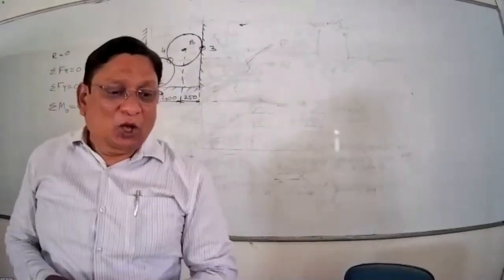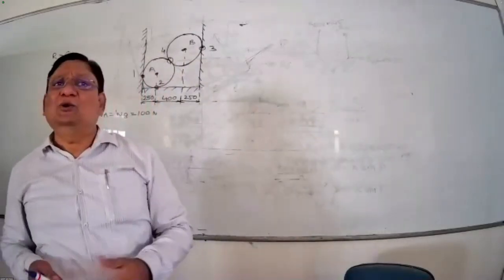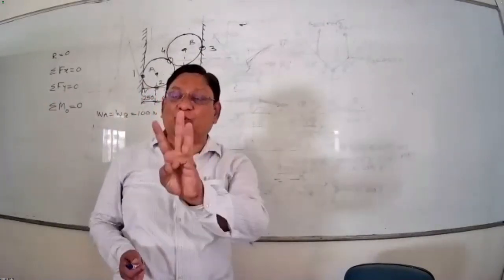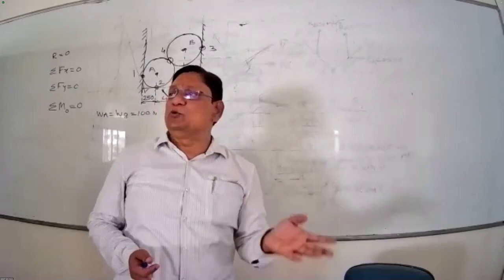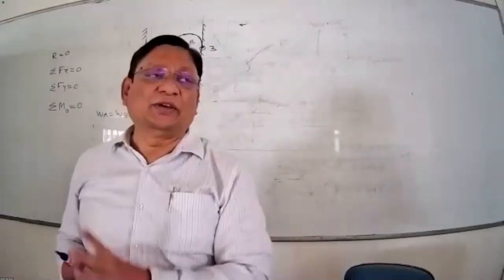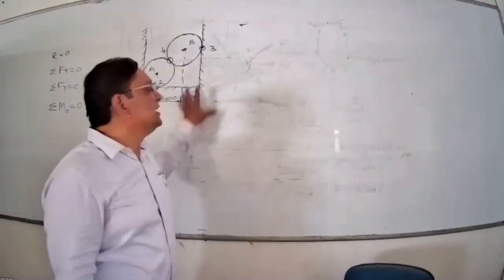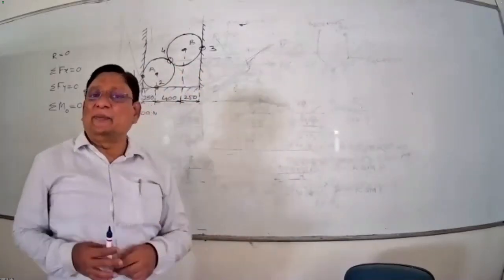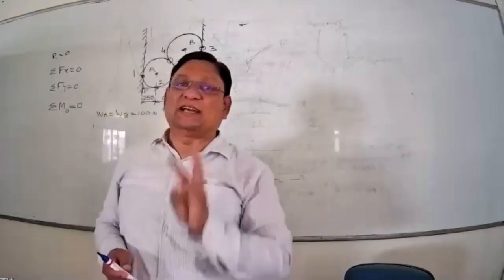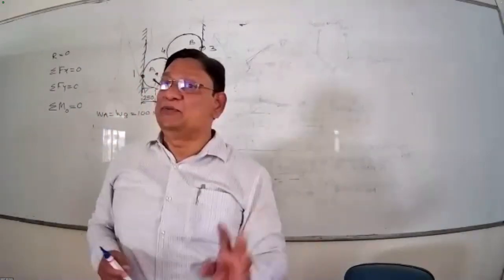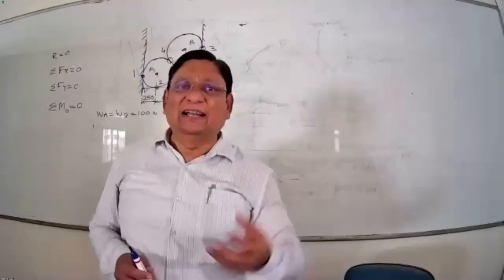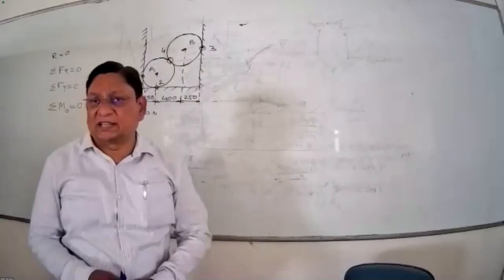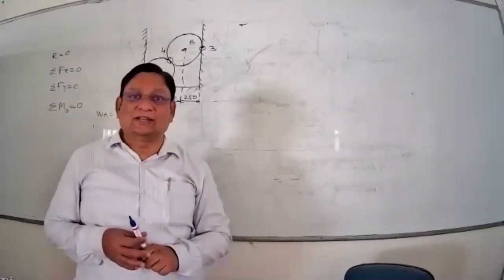To solve such a question, I know that in the case of a single cylinder, you get three concurrent forces, and it is easy to apply Lami's theorem or the conditions of equilibrium. But whenever two cylinders are there, the number of unknowns will be more. Lami's theorem हम कब apply कर सकते हैं? If only three forces are there, right? And out of the three forces, one force is known and all angles are known. But here you will find a total of 1, 2, 3, 4 forces. So how to deal with such a case?